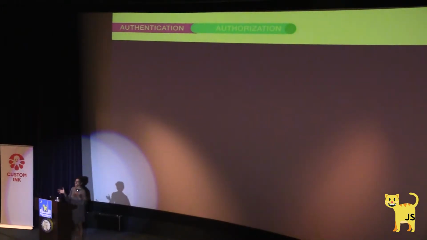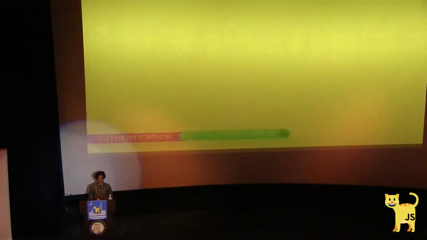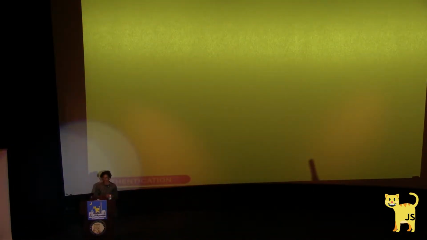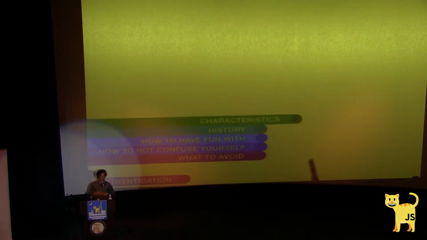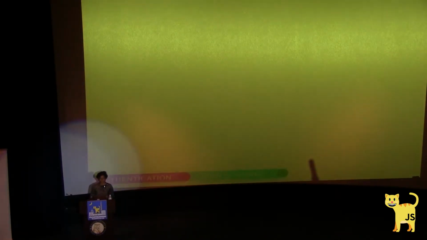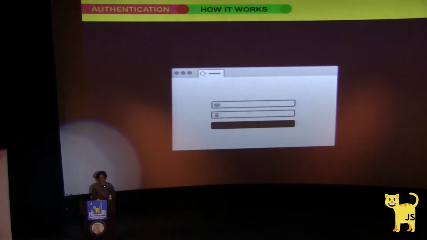And so there's this concept of, yes, authentication notifies a service of who you are, and authorization gives you the ability or permissions as to whether or not you can access a service. So that's really handy. So now we have a sense of authentication, authorization, what that kind of means. And so let's dig into how it works. There's a lot of cool animations.